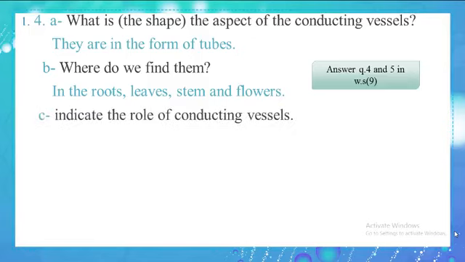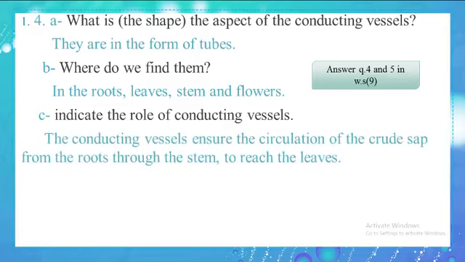Indicate the role of conducting vessels. The role means the function. So what is the function of the conducting vessels? What is the importance of the conducting vessels in the plant? What do they transfer? The conducting vessels ensure the circulation of the crude sap from the roots through the stem to reach the leaves. So the conducting vessels allow the transfer of the crude sap from the roots to the